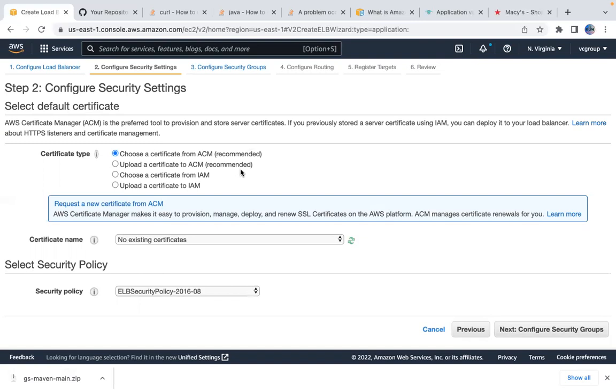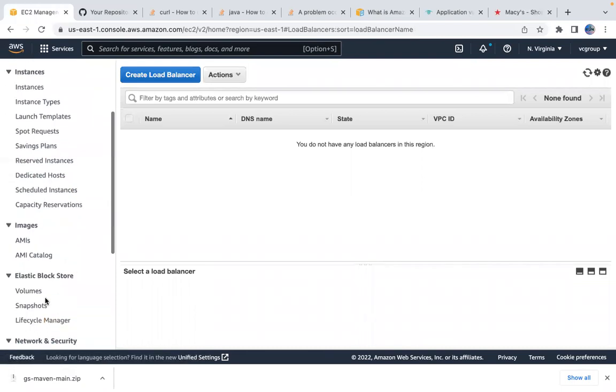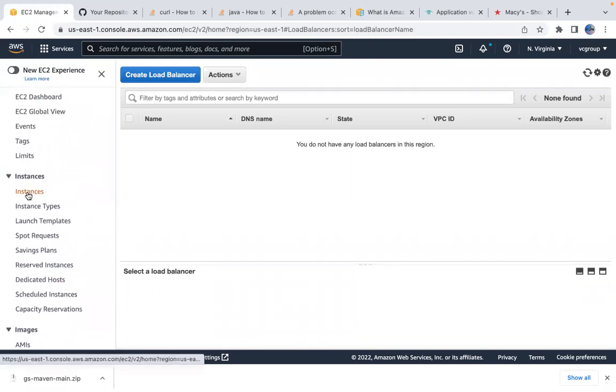Okay, and there are some certificates that are needed to configure the load balancer. Next, go ahead and configure security groups, and next, go ahead and configure the target group. And target group in the sense, remember when we create an EC2 instance,